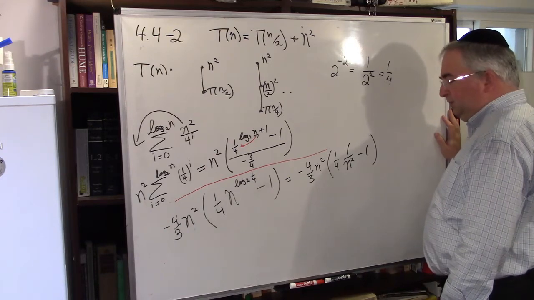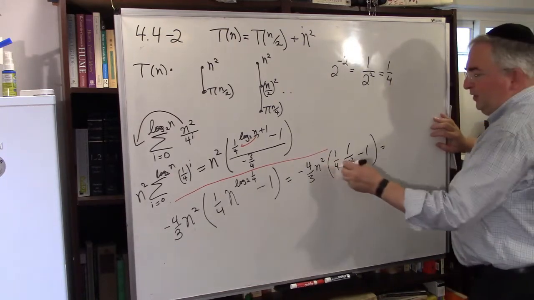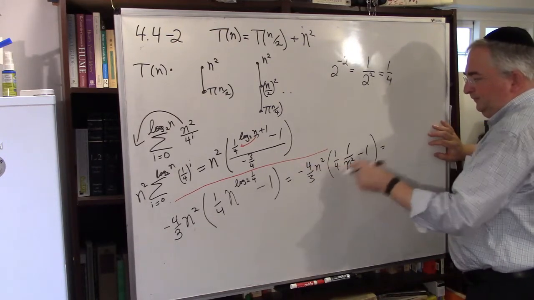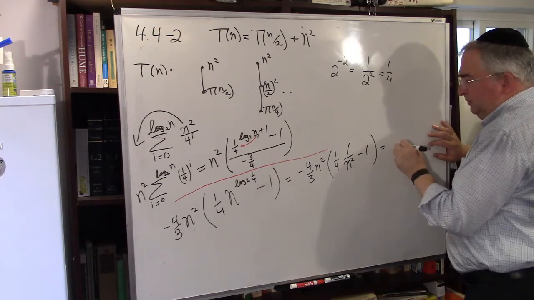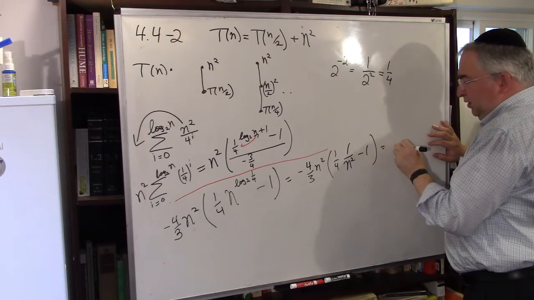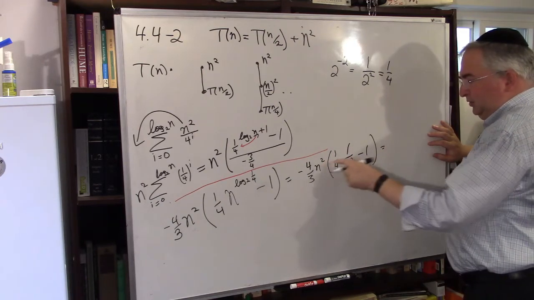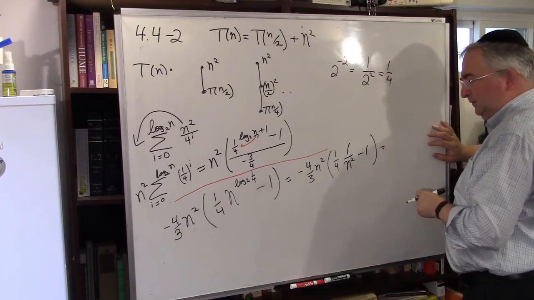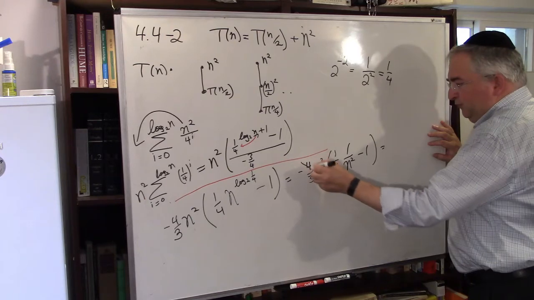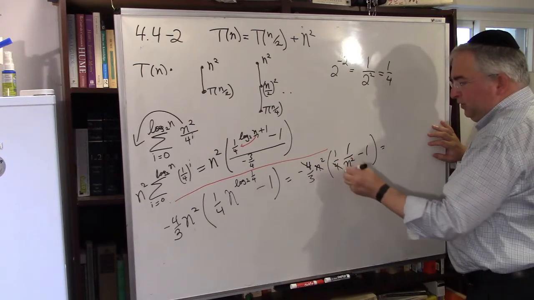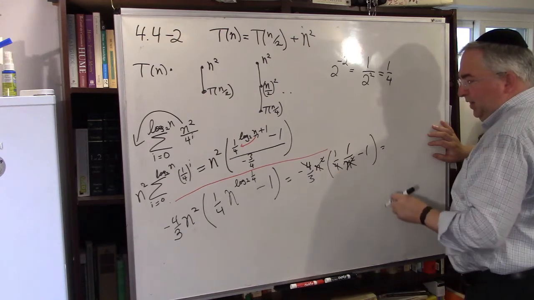Okay, so let's multiply out everything. So this becomes, the 4 cancels out with the 4. Okay, and so this becomes n squared, and the n squared goes out. Okay, so let's cancel this out. 4 goes with 4, n squared goes with n squared. Okay, and so you're left with